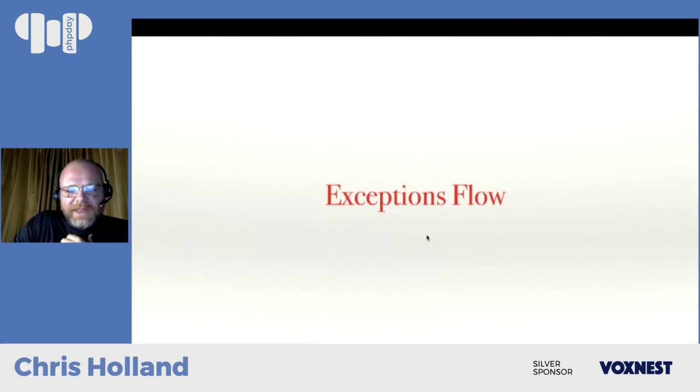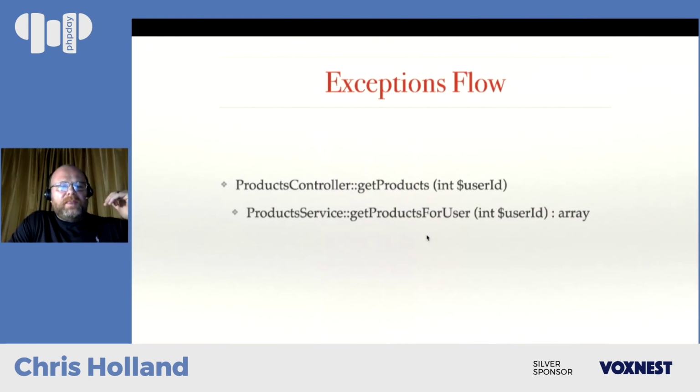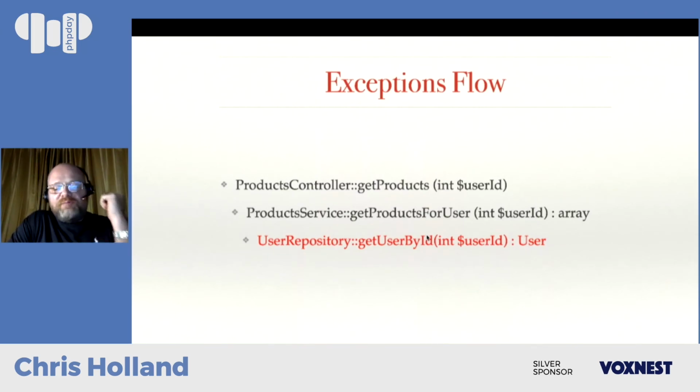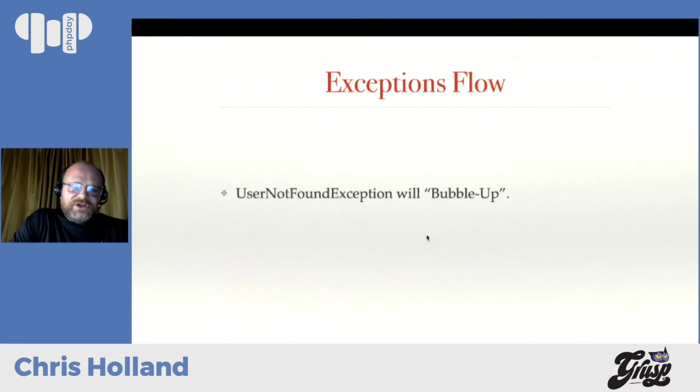So anyway, as I showed you earlier, the exception flow is pretty simple, right? You have your controller at the top, and then your service below the controller, and then your repository below the service, and your repository throws a user not found exception. That user not found exception is going to bubble up all the way up to the framework if nothing catches it, right? And no code has to catch it. If you properly configure your framework to display helpful messages baked into exceptions to end users, then you don't necessarily have to catch it.